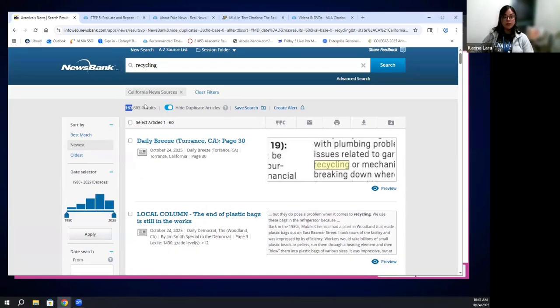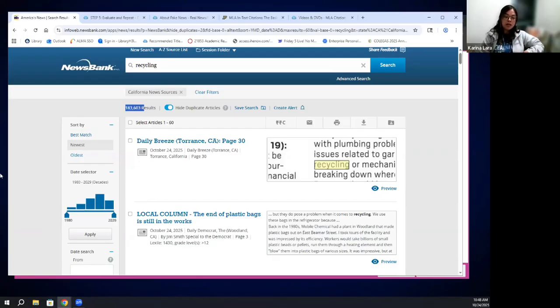And we're getting lots of search results here. So when we're getting so many search results that we realistically will not be able to get through, some research strategies to think about are narrowing down our topic as well as using the filters. The filters are on the left-hand side where you can refine your search results. So for example,